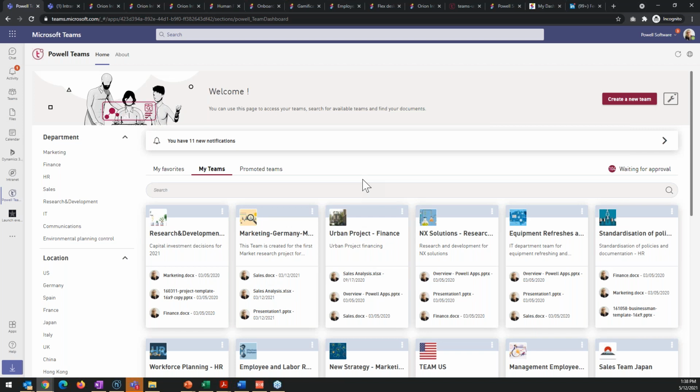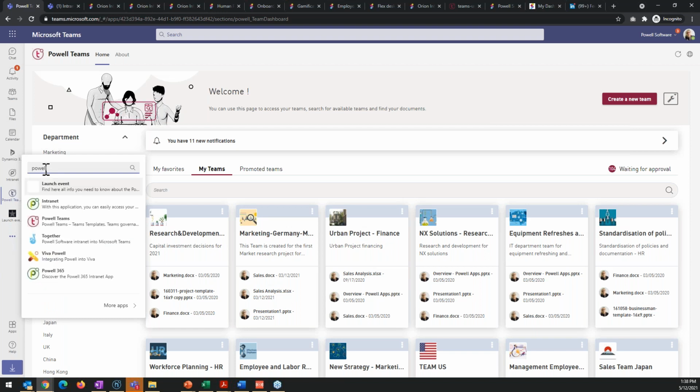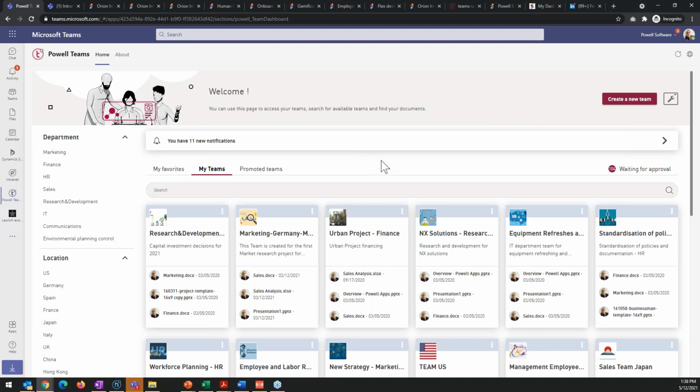So Pale Teams is really here to help you solve these issues. Pale Teams is a Teams application, available directly in the store, so you can download it today. It's very simple to install. Once you install it, you have two interfaces: your end user interface here, and here you have your admin center.